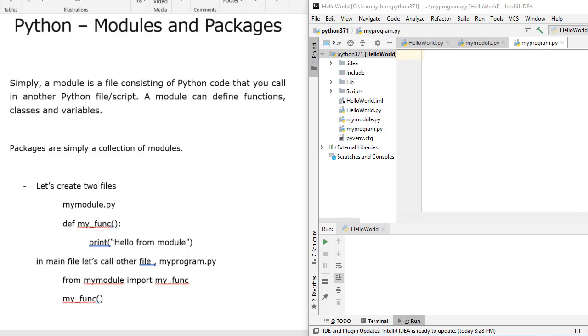So a module is simply a file consisting of your Python code that we can call into another Python file or script. Within that file, you can have your functions, classes, and variables. That means, let's say, if you had created some code which you think is common for another project, instead of writing the same code again, we can simply call that file into our new file. And that is the whole idea behind working with modules and packages, reusing your existing code,